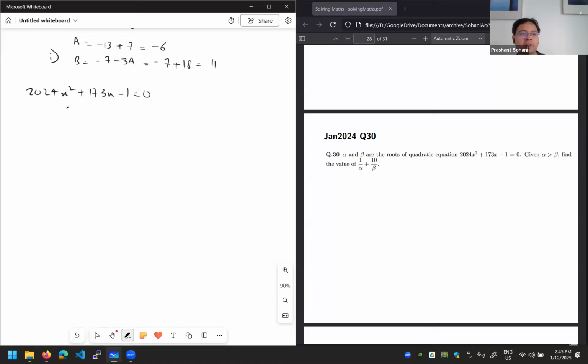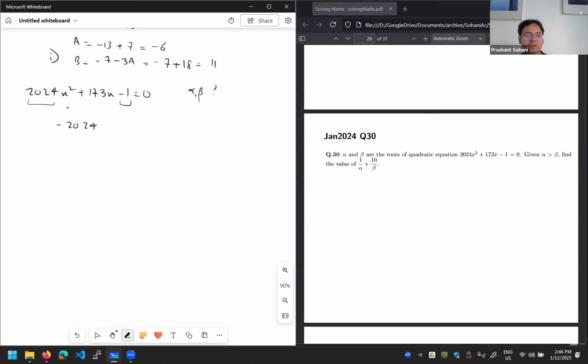Okay, so I want to solve this quadratic equation for the roots alpha and beta, and we can do it by, for example, b square minus 4ac, but for that you have to do 173 square and it might take some additional time. The other way is you try to factorize. So when you want to factorize, you multiply this and this, right? So basically you have minus